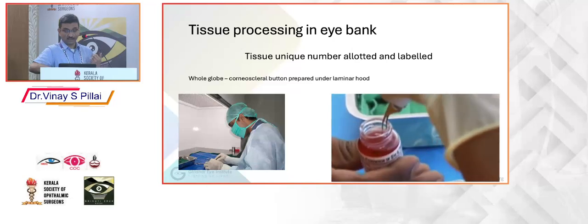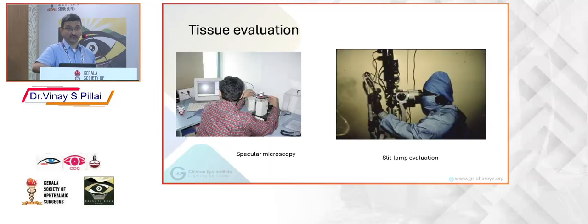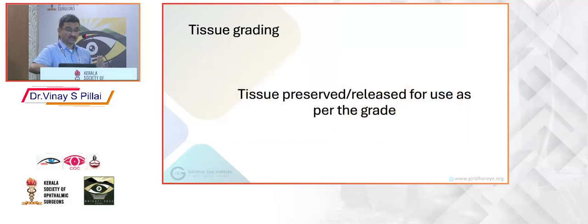Then the tissue is assessed or evaluated. Okay, first is a specular microscopy to learn the endothelial cell counts, all the various parameters of the endothelium, and then a proper slit lamp evaluation is done to know the quality of the tissue, and based on this the tissue is graded,